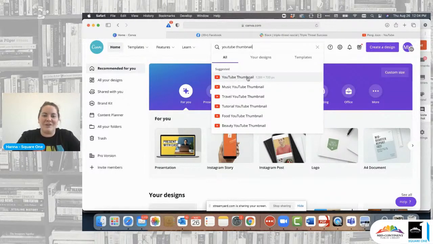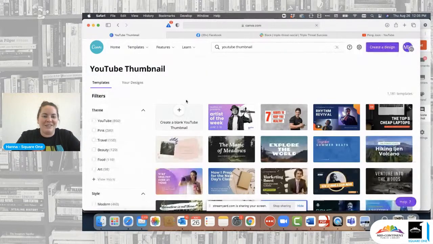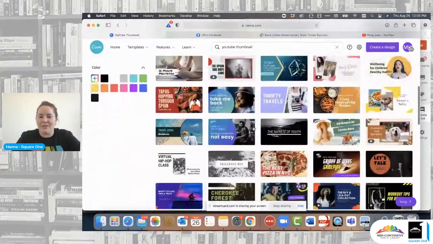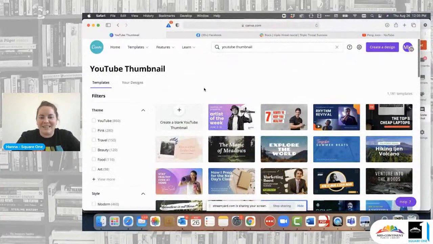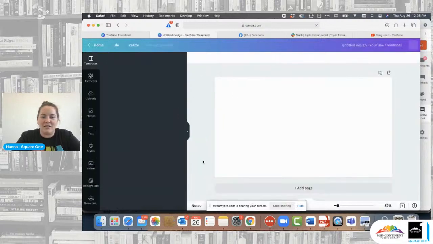So the first suggestion right there is what we're going to use. Of course, you can click any of these, but you know me, I like to start with a blank. If you get into the scrolling, go for it. I love it. I eat a lot of time going down that rabbit hole, but I like starting with a blank thumbnail. And you'll see like this looks